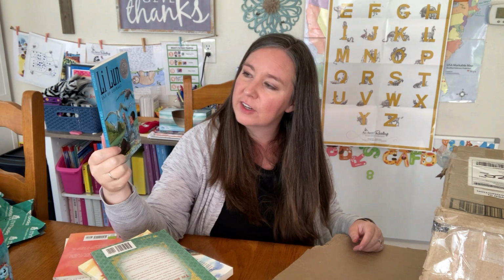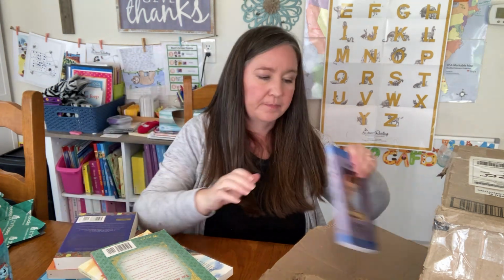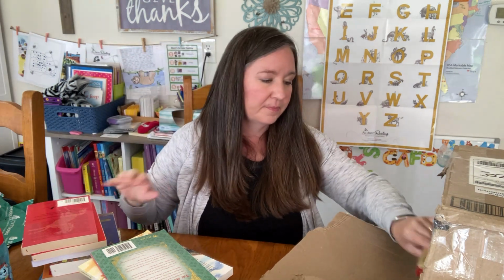Lee Loon, Lad of Courage, A Girl Named Disaster, Where the Mountain Meets the Moon, The Turning. My daughter was particularly interested in this book because it's about ballet, or has a ballerina on the front at least, so we'll see if that's a win. The Year of the Dog, Cornelia and the Audacious Escapades of the Somerset Sisters, Young Fu, Sweet and Sour, Tales from China,